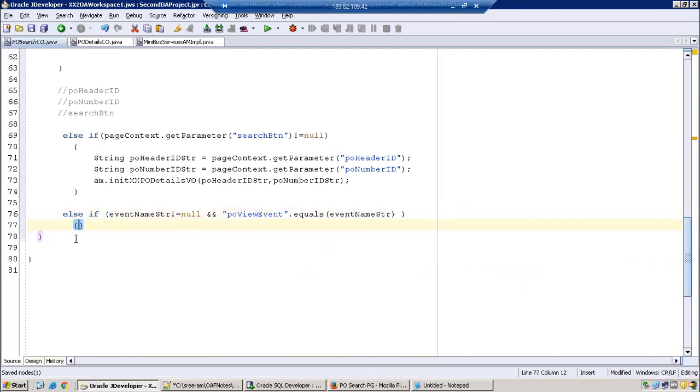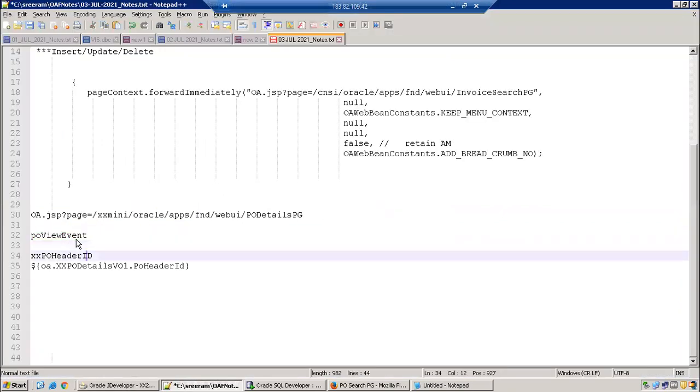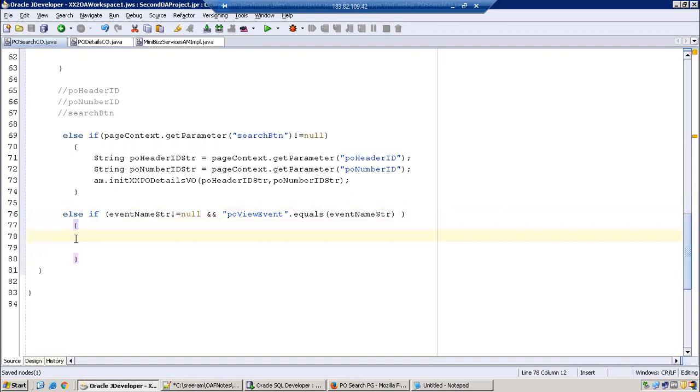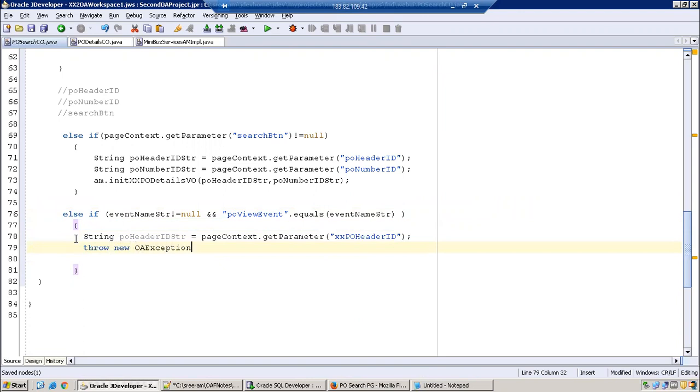What we want to do, first of all, get the pivot header ID. If pivot header ID is correct, then only we can do the remaining functionality. That is why we try to get the pivot header ID first. So I'll just say pivot header ID str is equal to the same thing, page context dot get parameter, this one. And you can display. As of now, I will not navigate. I just want to know whether I'm able to capture the pivot header or not. So as of now, I'll just display pro new UI exception, captured header ID. That's it.